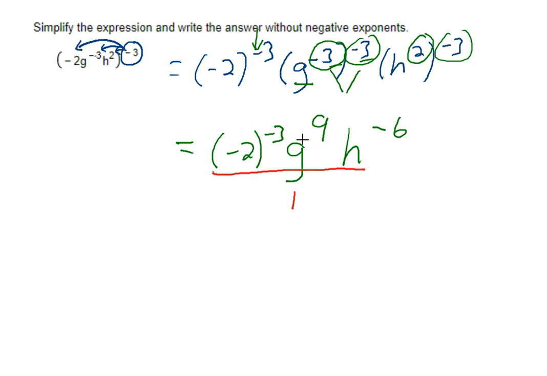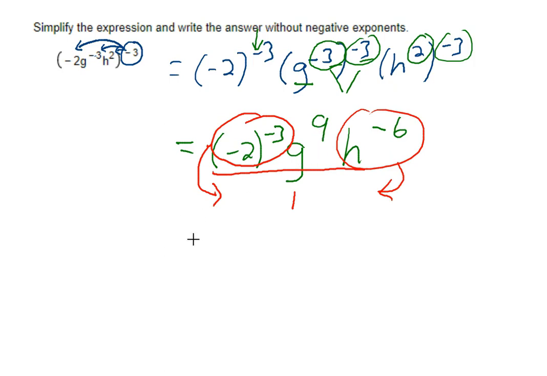All right. Now, I don't want any negative exponent, so what I'm going to do is think of this as a fraction, and anything with a negative exponent gets flipped down to the bottom. So this thing right here, flip that down to the denominator. That'll make the exponent positive. This thing right here, we're going to flip down to the denominator, make that exponent positive. G already has a positive exponent, so we just leave it where it is. So we'll have g to the 9 on top, and on the bottom we'll have the 2 will still be